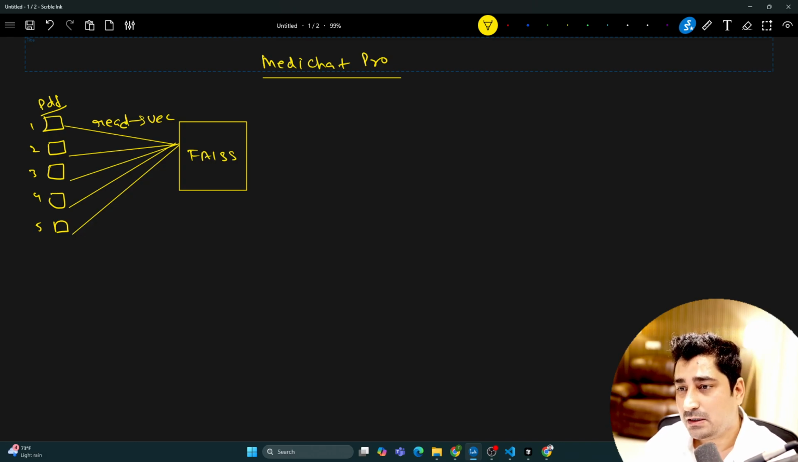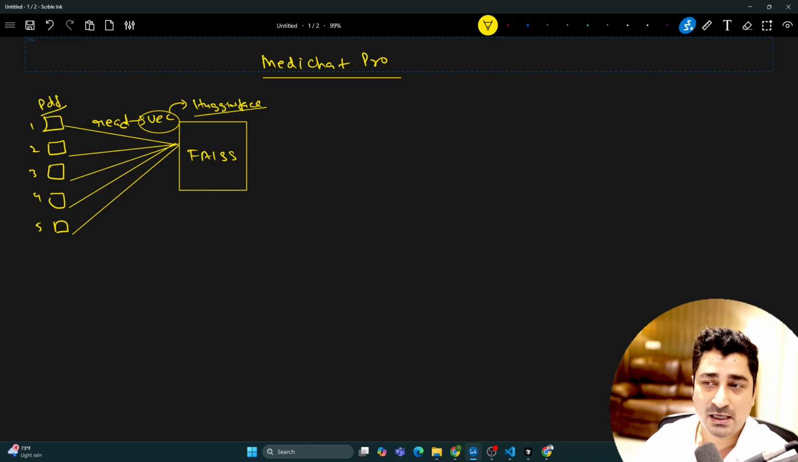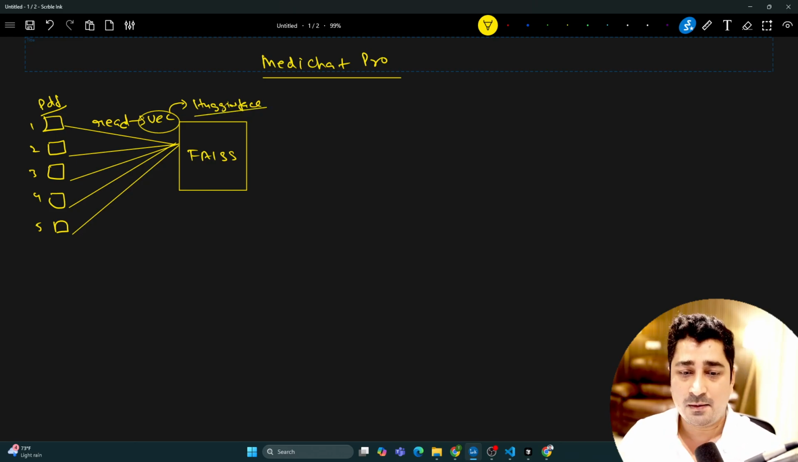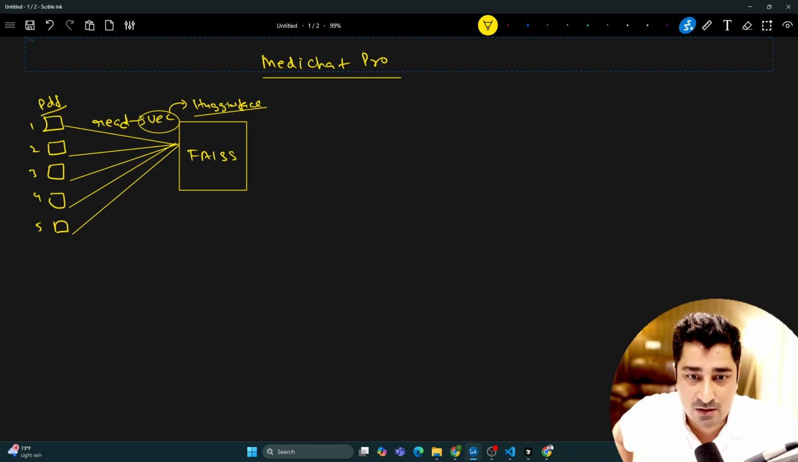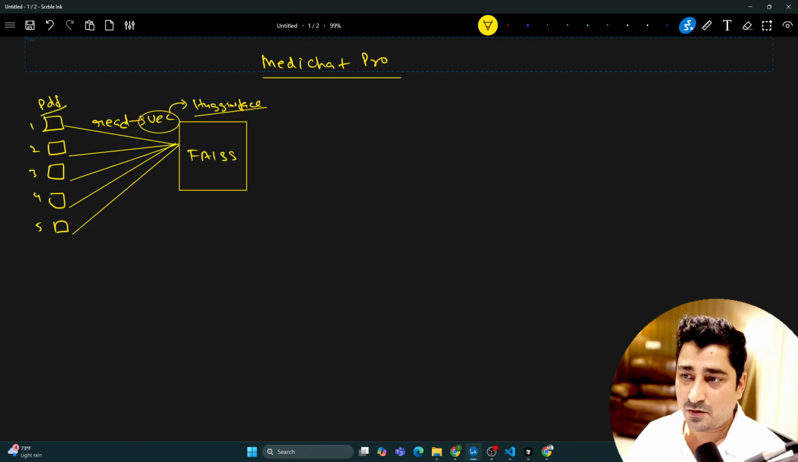Now to convert this data into a vector space, I'm going to use a Hugging Face model. Hugging Face is basically a complete repository for a variety of models, not just for embeddings, but yes, for embeddings too. So I'm going to use a Hugging Face model, and finally I will store all of that data into a Facebook AI Similarity Search database. Once I have stored this entire data, after processing all of those documents, obviously,